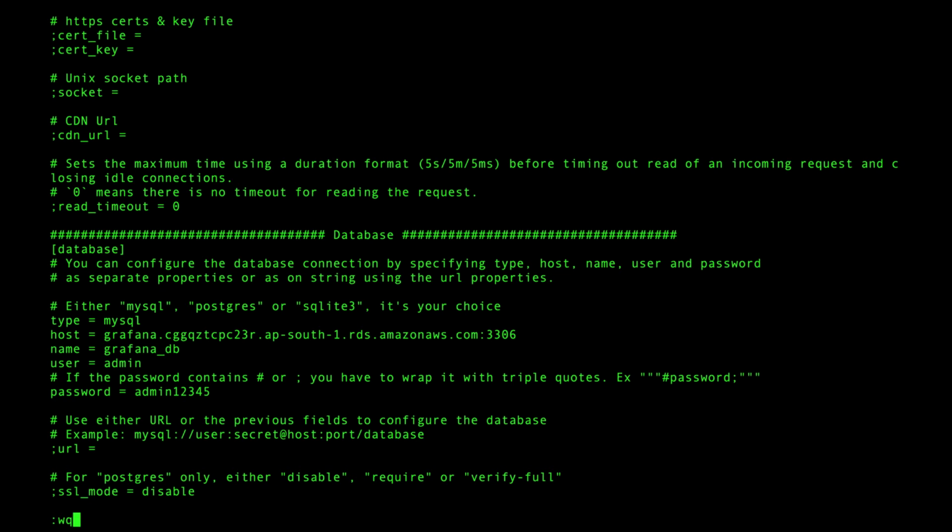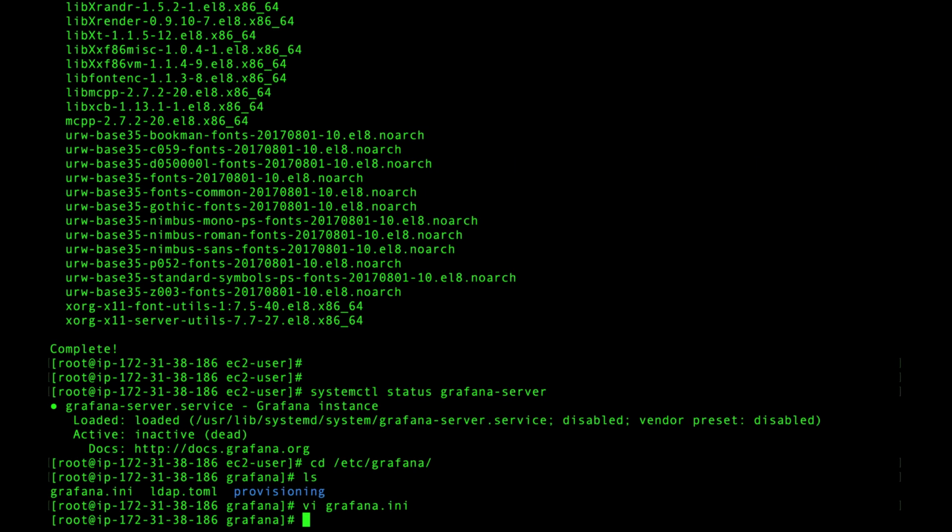Please note, for this demo I am configuring admin credentials here, but in an actual scenario, talk to your DBA admin and ask them to provide a database user with limited permission, because configuring admin credentials is not a recommended approach. If it goes into the wrong hands, it can lead to a serious problem, and it's never a best practice. So please do take care of it, and then save.